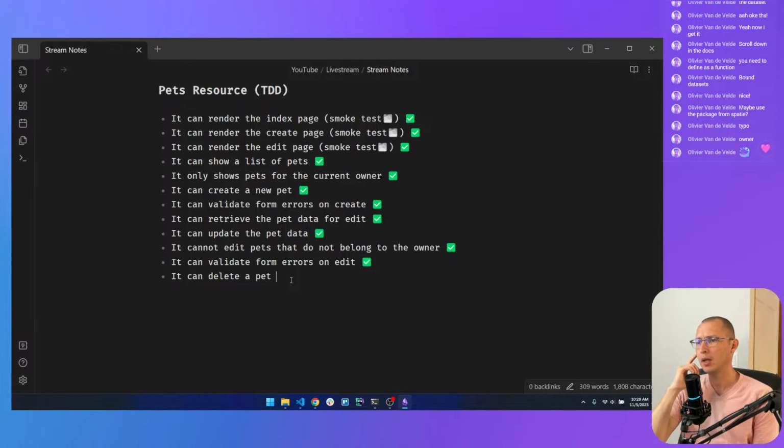In this case, we should test that both on the table and on the form.